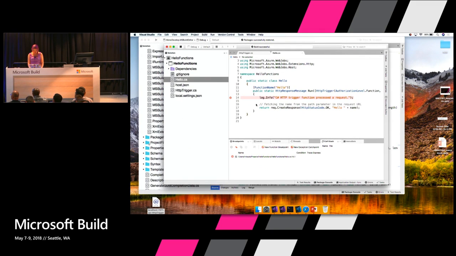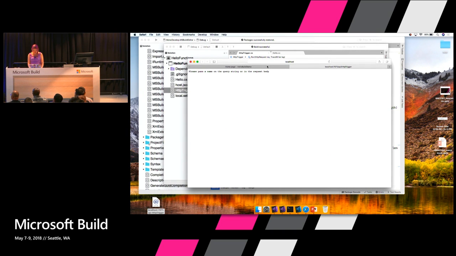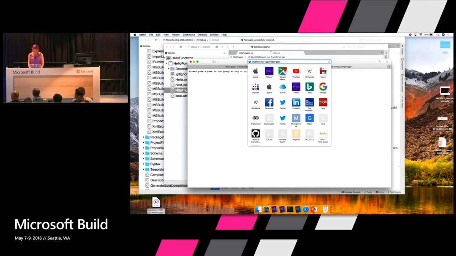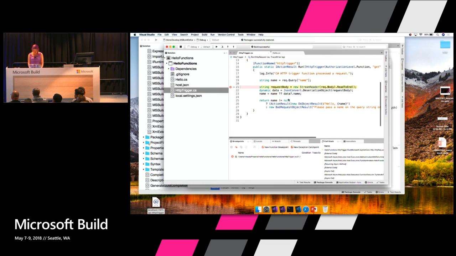So I'm going to just go back and put a breakpoint in that function. That was the HTTP trigger. And I'm going to be incredibly original, and the name is going to be build. Again, here we go. So now it breaks on the breakpoint, and as you can see here,